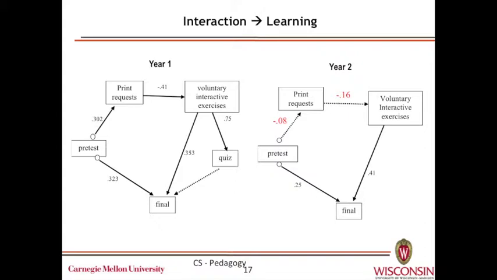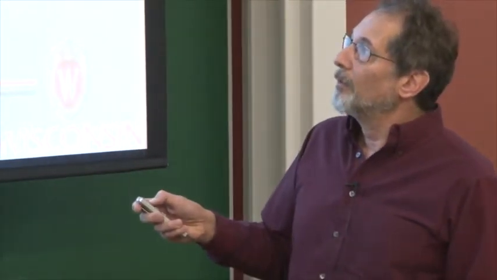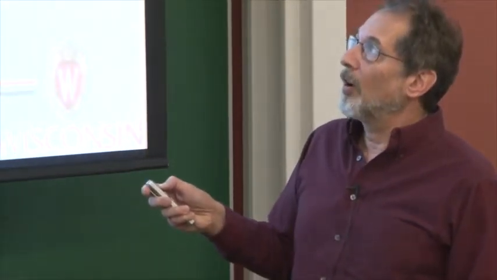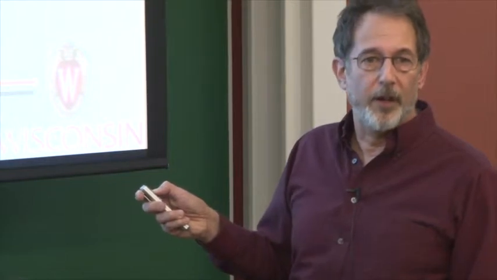and it was connected in this structure. And print requests turned out to be positively associated with your pretest. So the better you came in as a student, the more diligent you were about printing out modules. But that turned out to be detectably a negative cause of how many voluntary interactive exercises you would do, as you would expect. Right? It didn't occur to us beforehand, but after model search, we said, oh yeah, we should